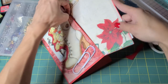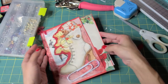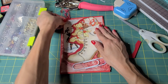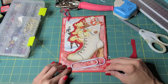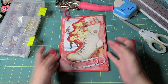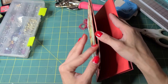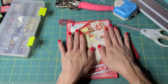So yay, look, we got our first page done. Exciting. Ta-da! Super cute. I love it. And this is not 100% dry yet, but once it is, I'll go in with my glue eraser and clean it up. But yay, it's our ice skating page, our first page of our easy peasy envelope journal for